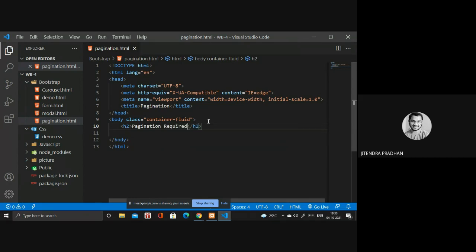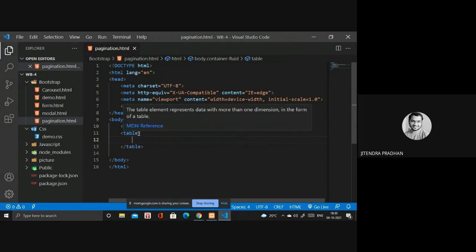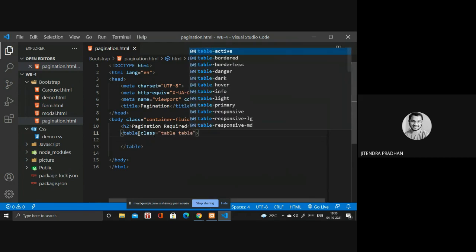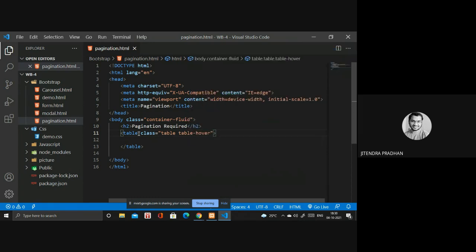Next thing, we need a table. So first thing you have to write table. Okay, done. In the table, we have to write the class: table and table-hover. Okay, done. Next, we need thead, tbody, all these things we require